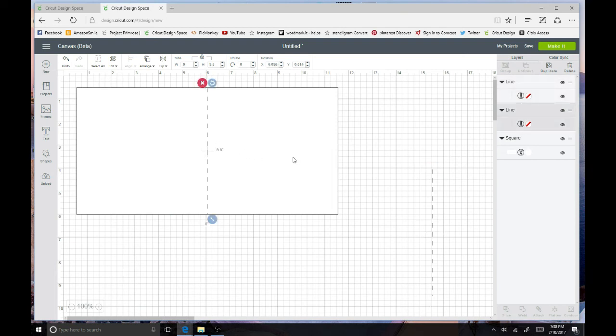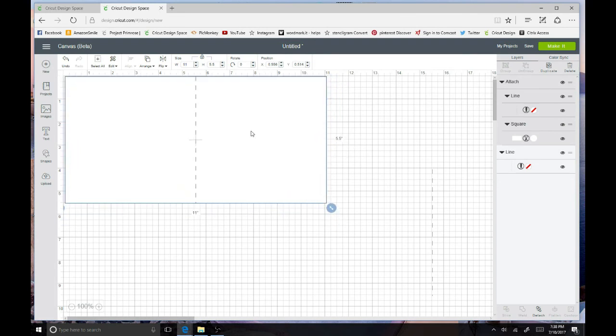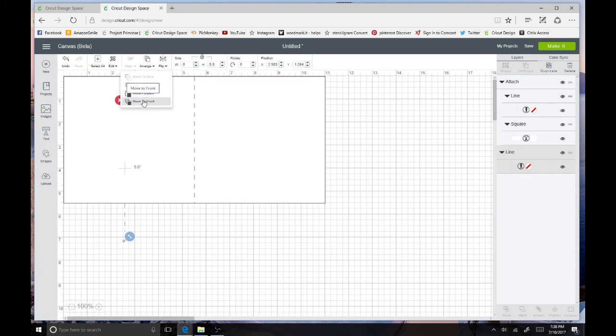I'm going to grab this and this again, and this time I'm going to attach it. Okay, so that attaches it. Now I'm going to use my measurements in the top, because I want my other score line to be at 2 3/4, excuse me, 2.75. So I'm going to move it to the front so I can see it. And this one I'm just going to eyeball it right up top there